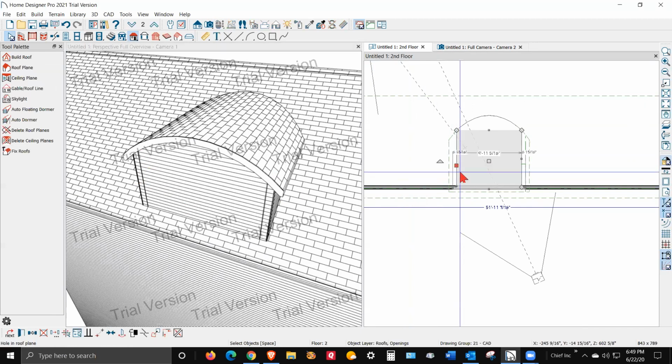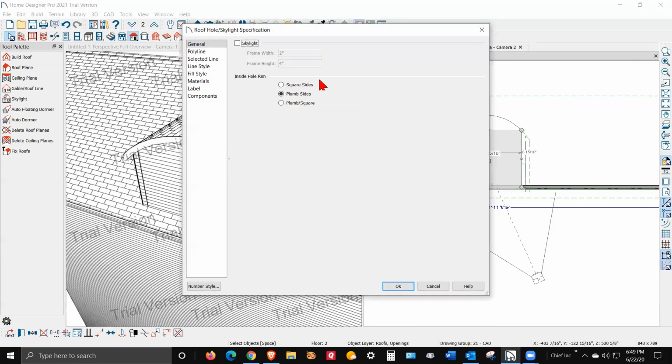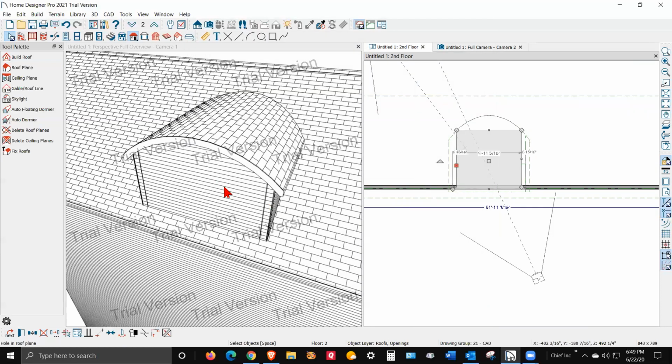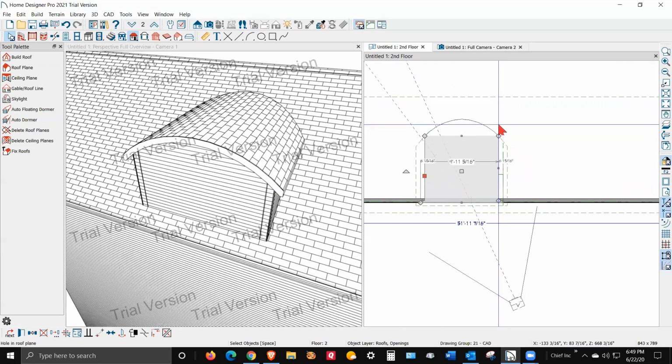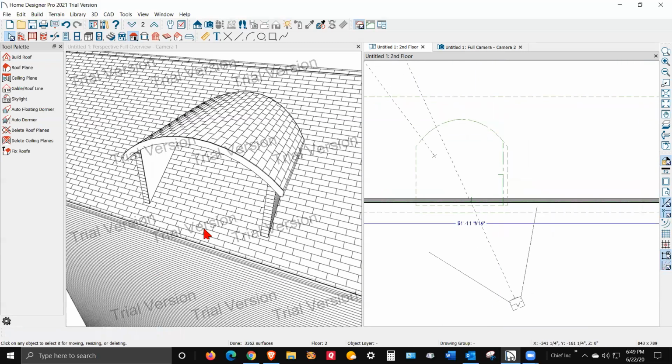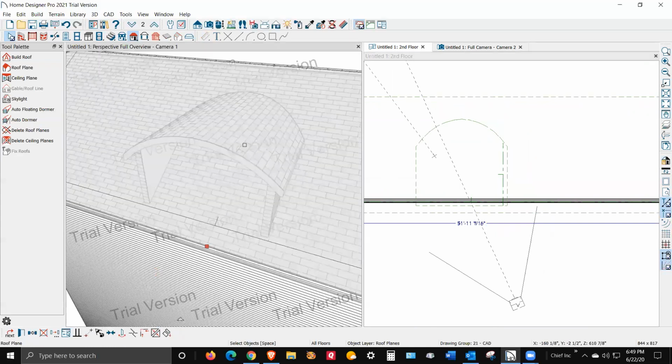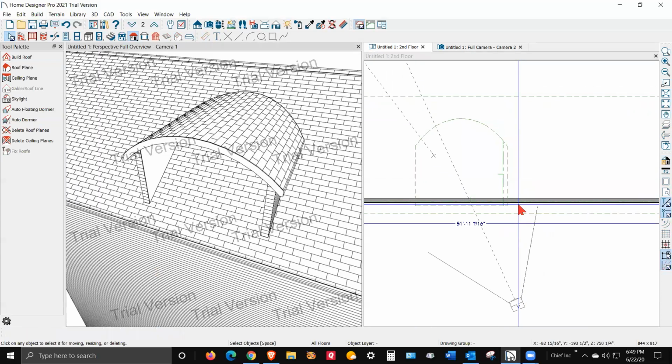And there's this polyline here. Open it up. And it's a roof hole skylight specification. See, it cuts a hole in the roof. Okay, now what I'm going to do is delete that. And you can see the wall went away, and we got a cutaway in the roof. So